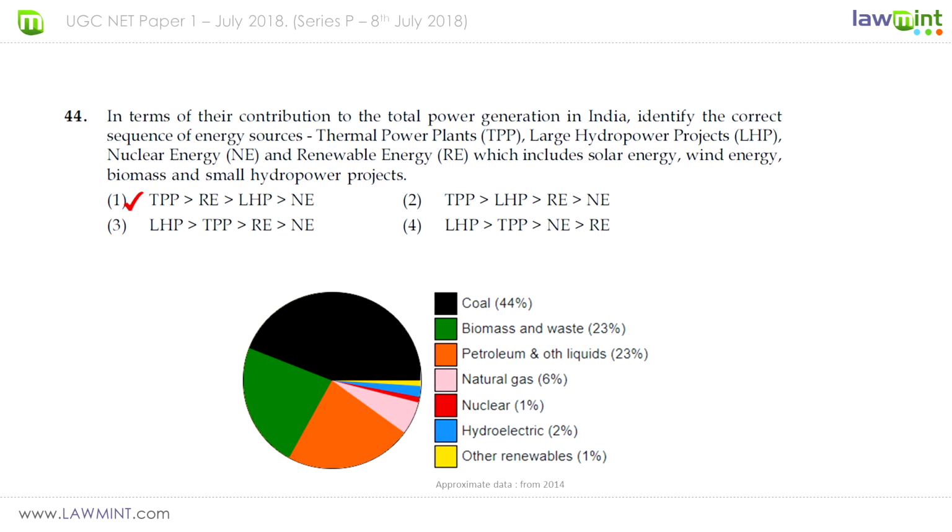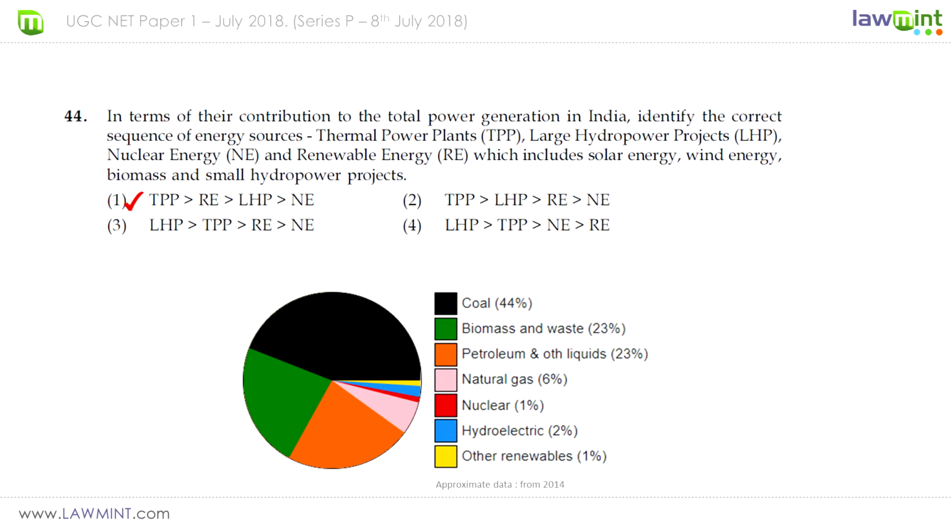For question number 44, we have been asked to identify the order in which various sources of energy contribute to the total power generation in India. Now, thermal power plants where coal is burnt are the highest contributors, so they have to come first. Nuclear energy is the lowest contributor, so that has to come last. Between choices 1 and 2, we have to decide whether renewable energy is higher or LHP, that is large hydropower